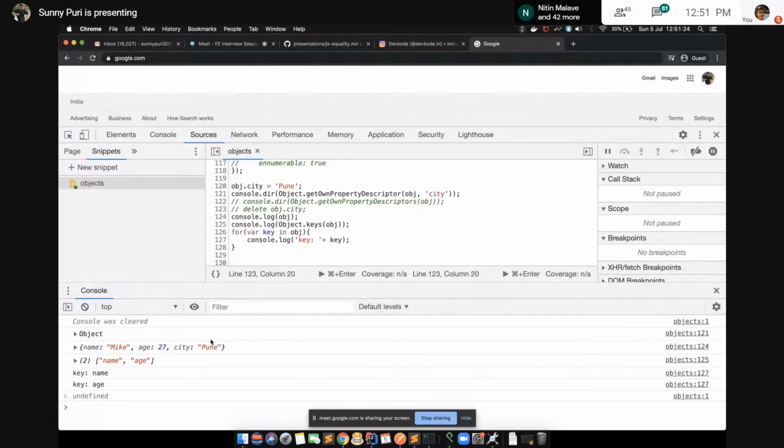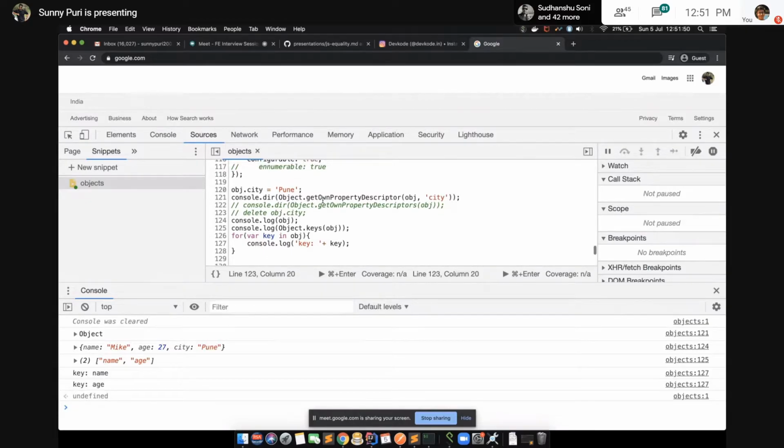But it is not iterable. Sometimes we have so many properties which I don't want to iterate, for example, a password field. Usually we don't have a password field in the object response, but let's say we have something which is not required. I don't want to iterate it. I want to optimize my application somehow, so we'll make it enumerable false. Then we'll not have this in the iteration.